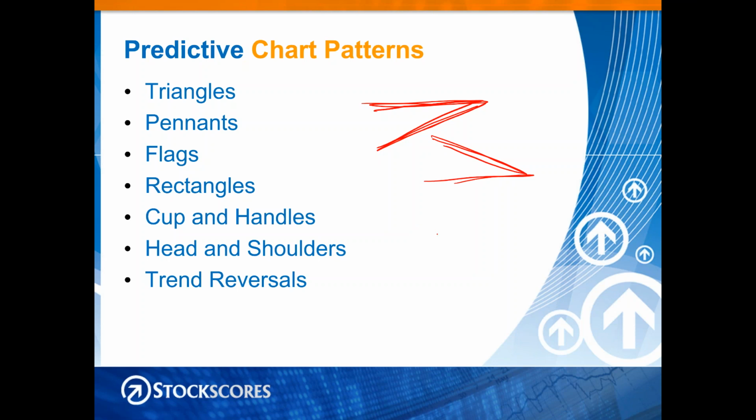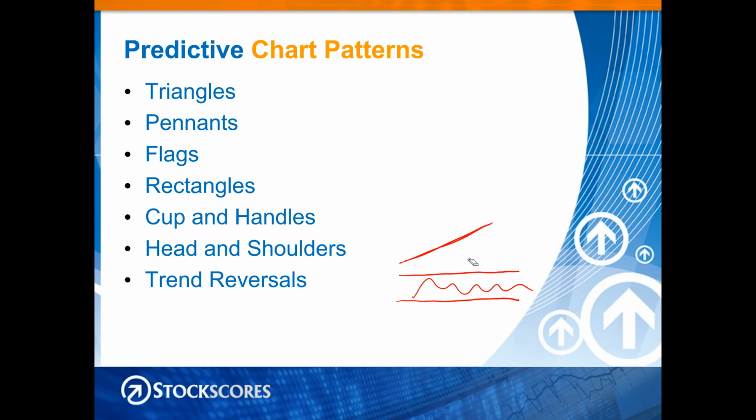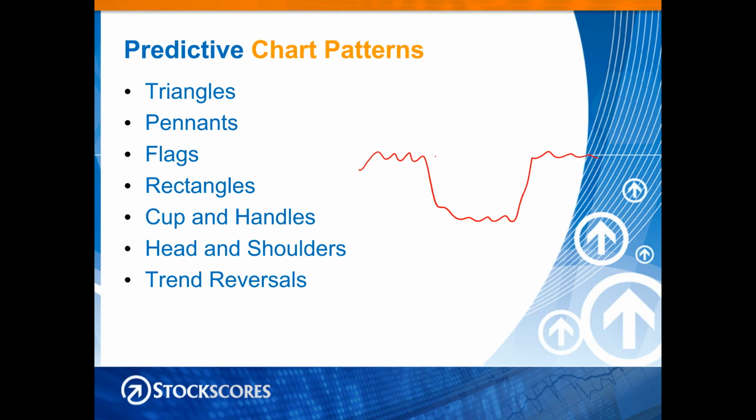We have pennants, which look like that, falling tops and rising bottoms. We have rectangles, which isn't really converging volatility, it's just low volatility in a sideways trading range. We have cup and handles, which is a pattern that looks like this. So we have a lot of volatility in the middle in the cup, and then in the handle we have low volatility. So my line that gets drawn across the tops and bottoms are still converging.